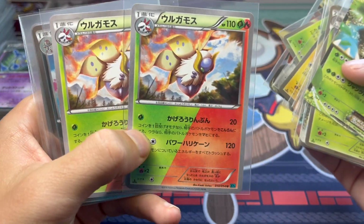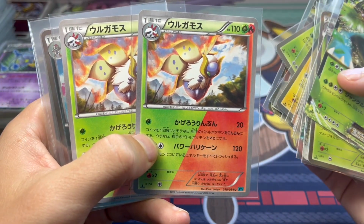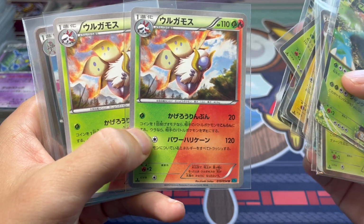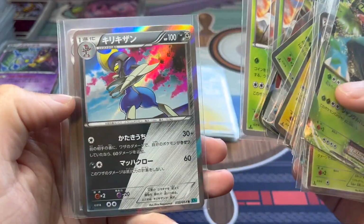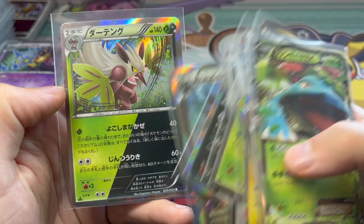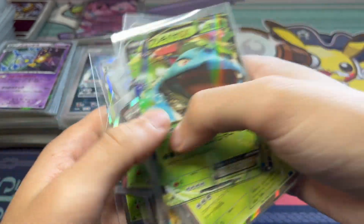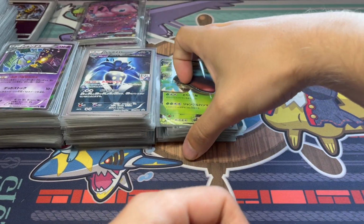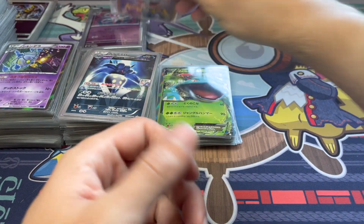These are shiny. The dual types are shiny, if you hadn't realized that in XY11. So yeah, this Bisharp shiny. This is not Scizor, Shiftry shiny. Shiny Pokemon not as exciting now as they once were, but